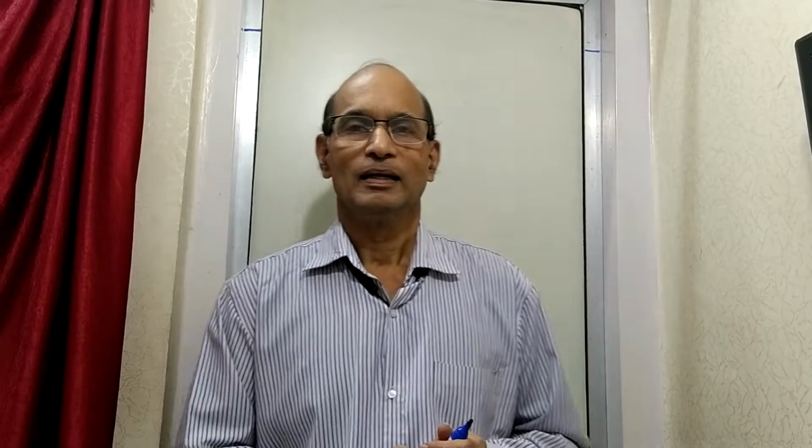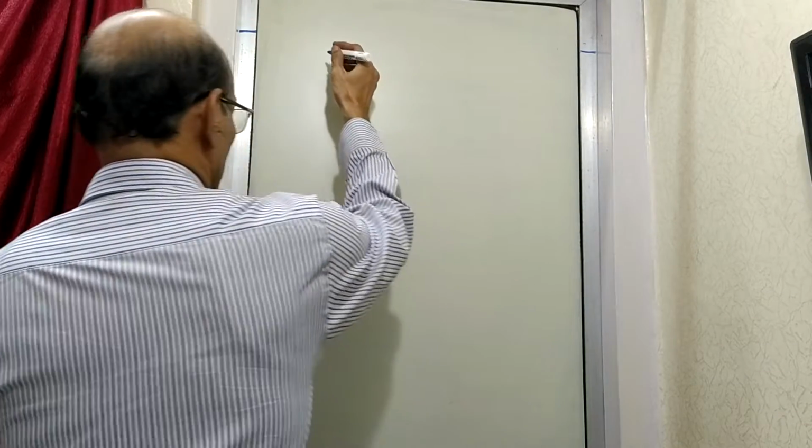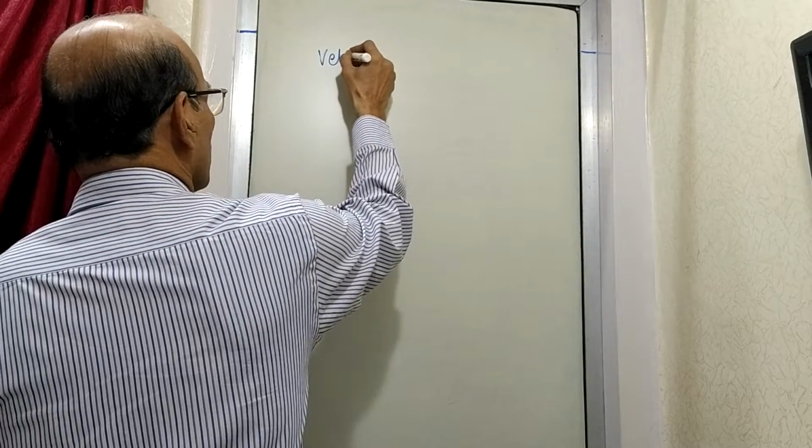Welcome again. Last time we saw the basics of mechanisms, where we saw the meaning of a mechanism and the various terms involved with it. What is a kinematic link, what is a kinematic pair, and so many other things we learned at that time. Now we will go one step further and find out how we are going to manage the velocities of different links. So velocity analysis is what we are now going to move forward with. Let us see velocities in mechanisms, that is the topic.